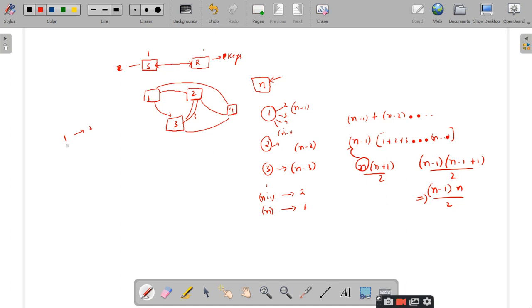So one person is sharing a key with another person. The reverse is not necessary, because they already have a secret key that is shared between 1 and 2. So by looking at this example, you can observe that this is the total number of keys that should be generated in symmetric key cryptography.